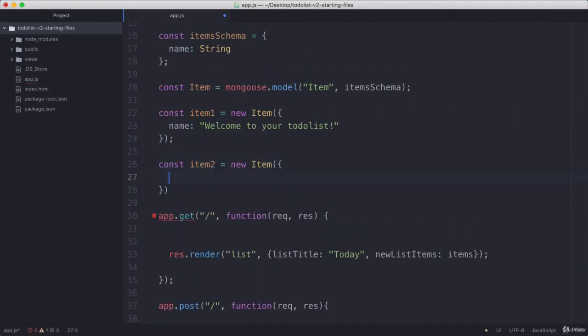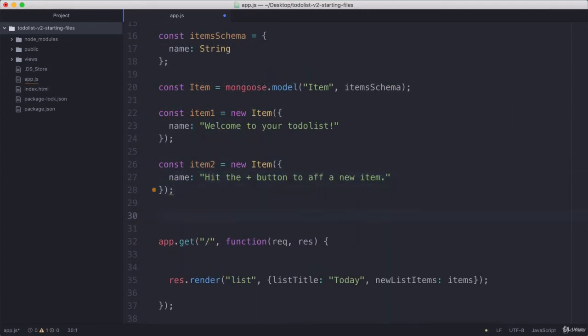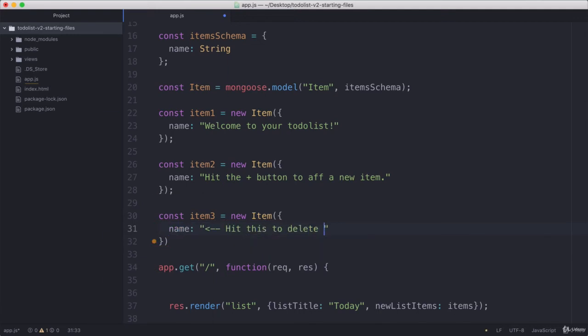Now I'm just going to go ahead and create 2 more. So now I've created 3 documents, item 1, item 2, and item 3, and they have some arbitrary names. So the first item is just going to say, welcome to your to-do list. The second one's going to say, hit the plus button to add a new item. And the third one's just going to say, hit this checkbox or hit this thing over here to delete an